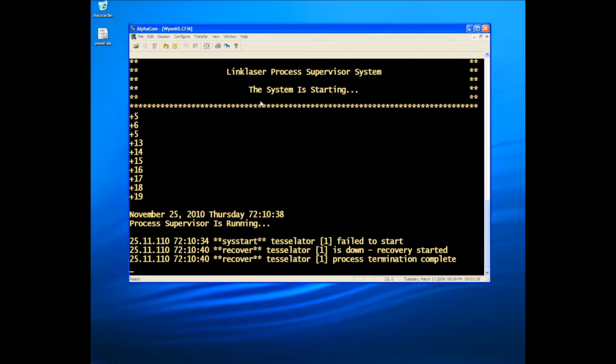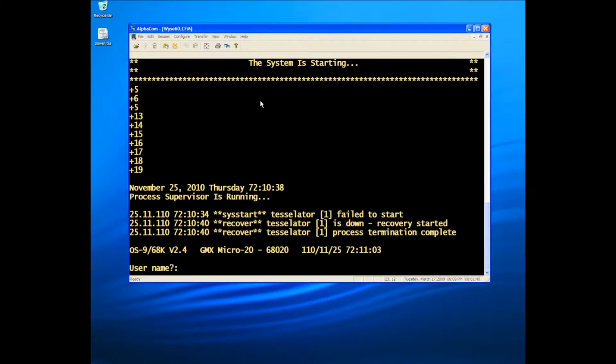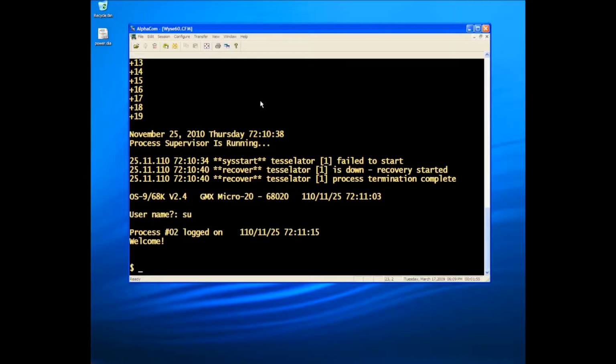But before I do that, what I'd like to do is just have a quick look around the 68,000 side of things, and if I log in as super user, and this will give me authority to do anything I like within the OS-9 system. This is similar to root on Unix or Linux. So if we have a look at what background processes are running,